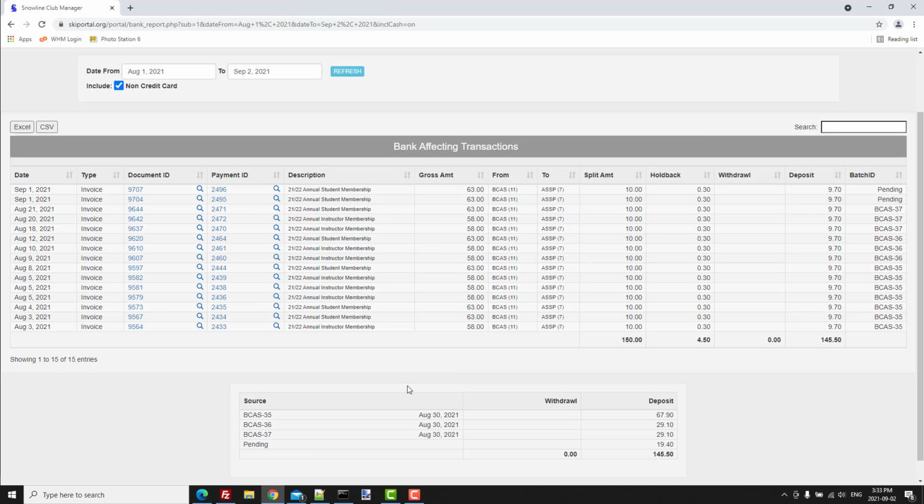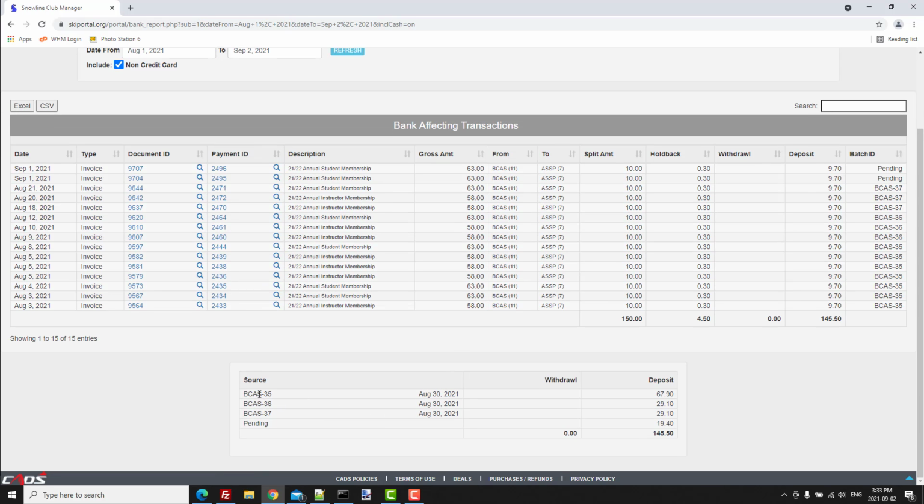So taking a look at the bottom, now this should tie to an item on your bank statement. So you should have an electronic funds transfer around August the 30th for $67.90, okay? And that BCAS 35, we'll just sort it here. That's these guys, BCAS 35. That's this set of transactions. Okay, so each one of these